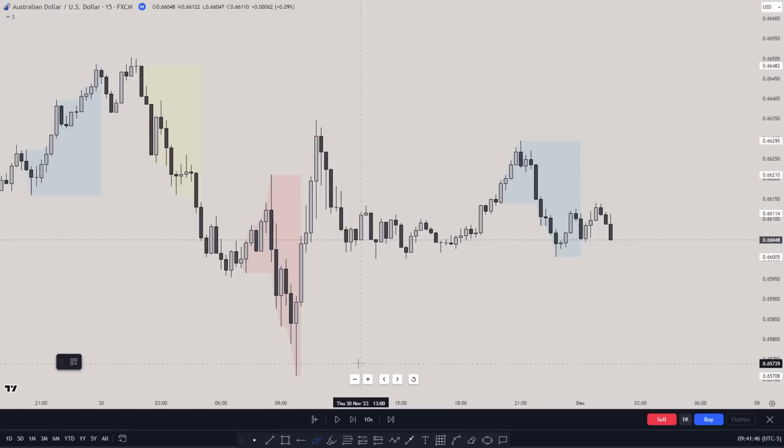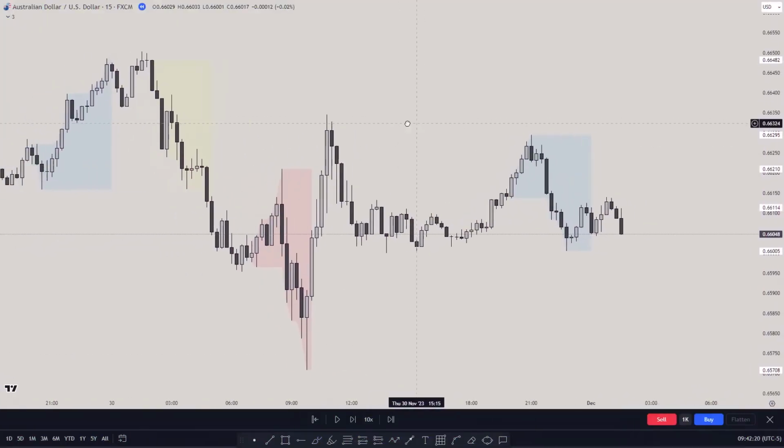So I've talked about top-down analysis, but the best way to explain this method is by going over the examples. Few examples that I took live, show you what I was thinking of at that moment. So I will go over what I was seeing at this time, what I was thinking, and what was my feeling at that time. So starting with the first example, and this is Australian dollar.